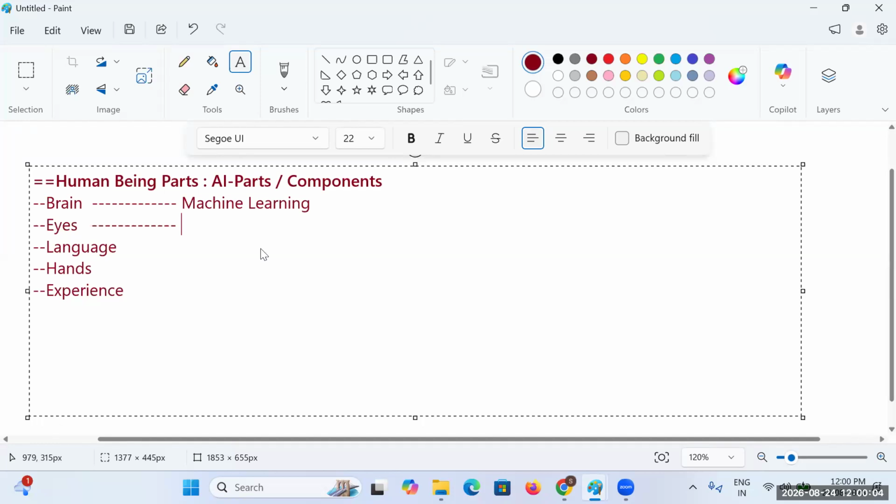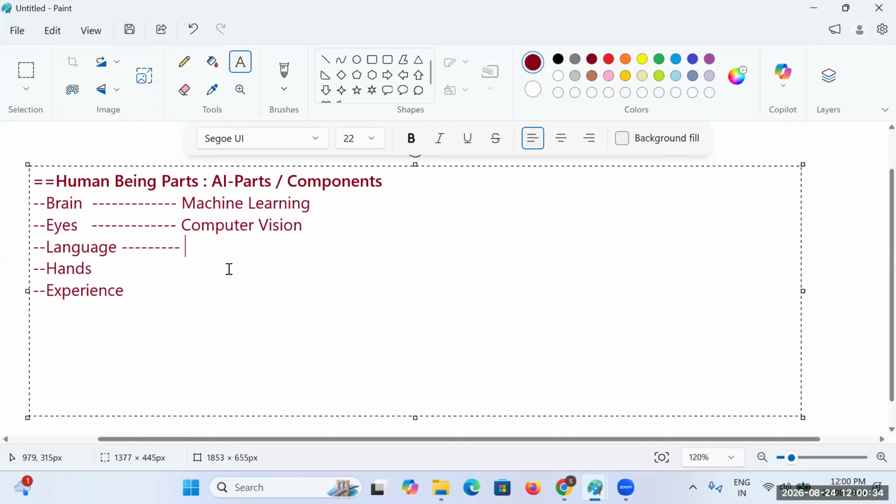Then the eyes. If I take the eyes as part of AI, we have a component called computer vision.